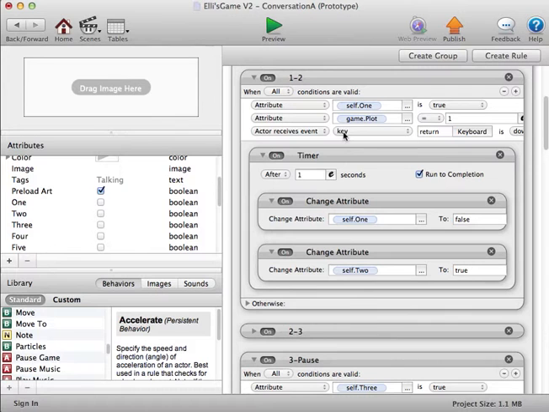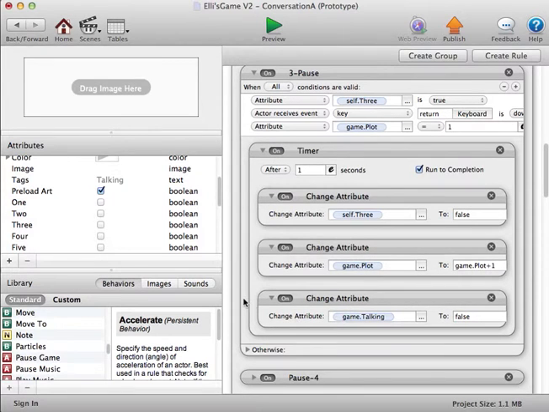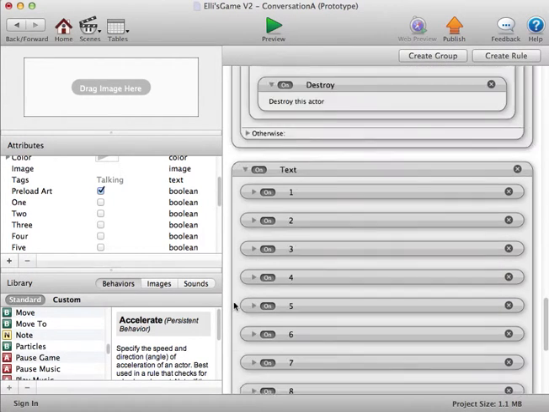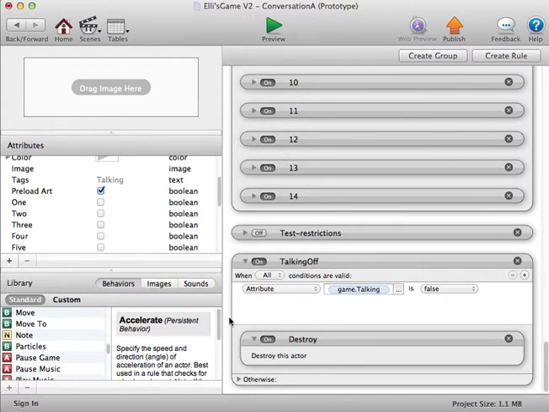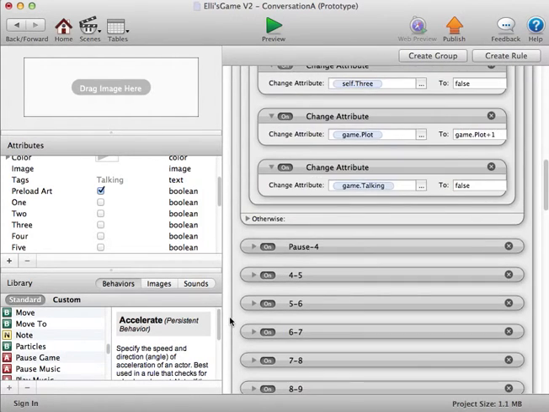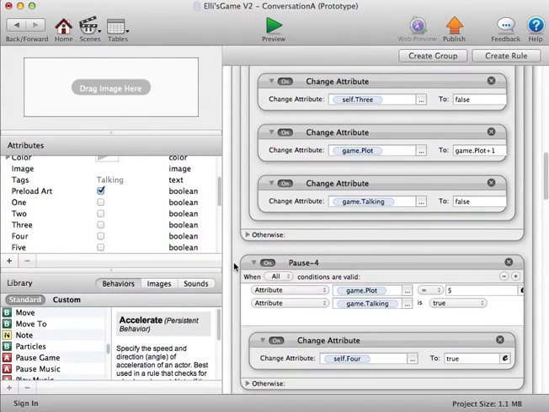The key, then it also changes talking to false, and I've set it up as you've seen in previous videos, so that the marker is set to destroy this actor, or rather, sorry, this actor is set to destroy itself. Whenever talking is false, this actor kills itself off. So that way this vanishes, the player has room to move again, and to start it up again, I have